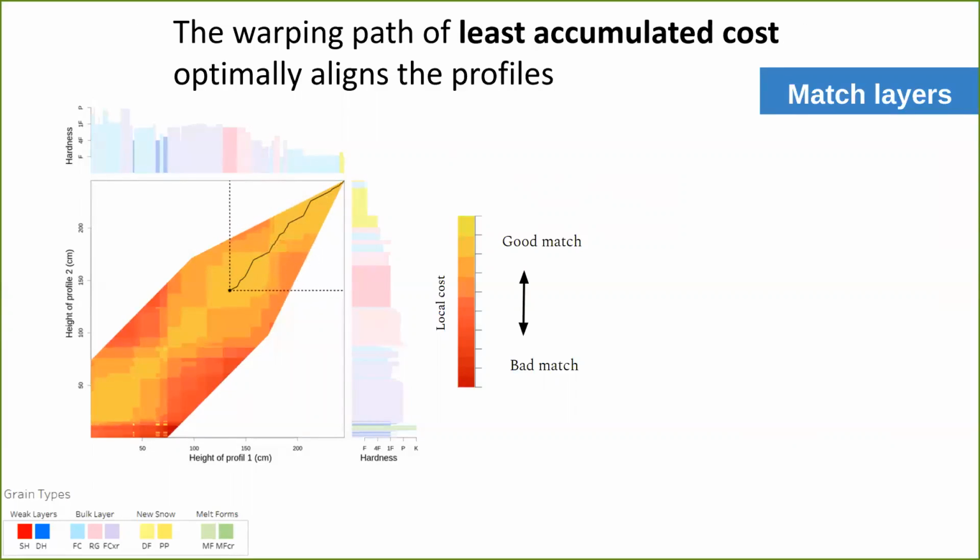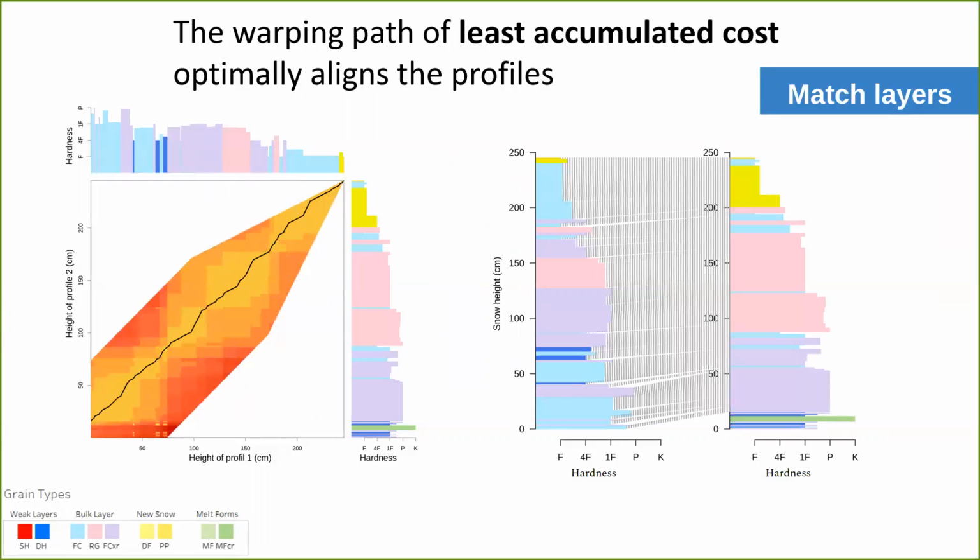And once we know that path that accumulates the least cost, we match the corresponding layers between the 2 profiles, and therefore we know their optimal alignment. The 2 profiles can now be meaningfully compared, which leads us to the second analysis step, assessing the similarity of